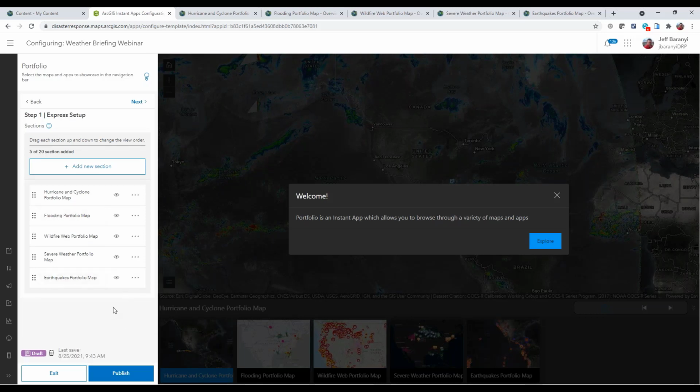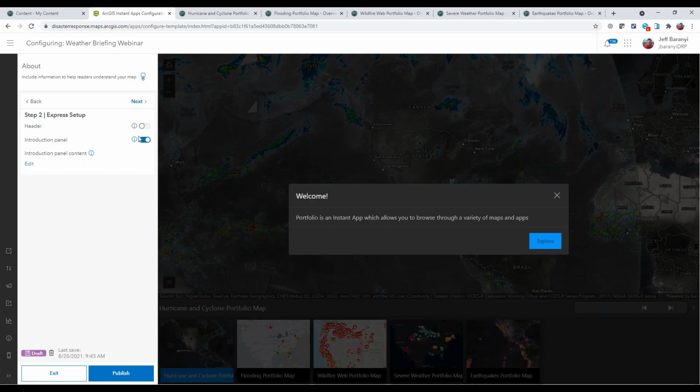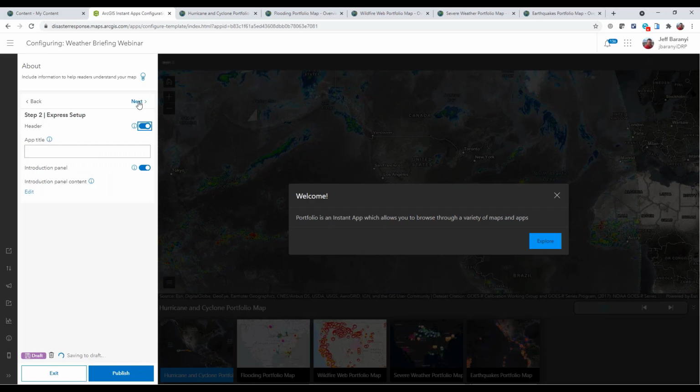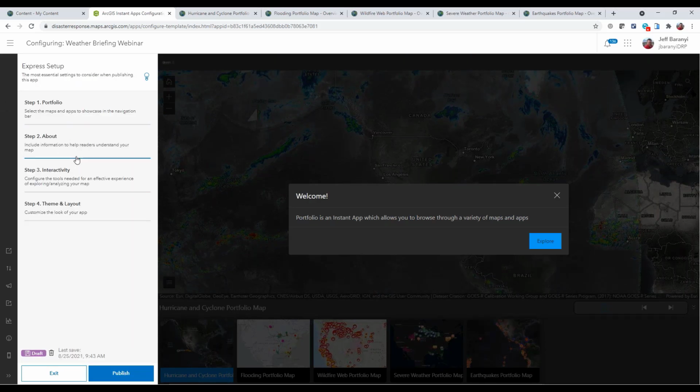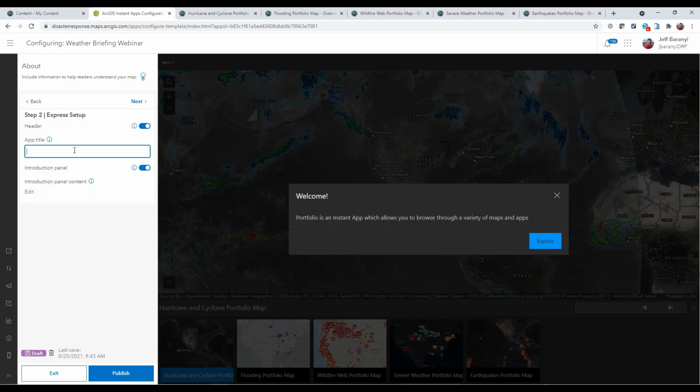Now notice a couple of other items of functionality have been exposed. There's an option for a splash screen, as you have here. They've recently added in the ability to have a cover page, so those are options for you to allow your audience to have access to this content. We can decide if we want to include a header or not, or there's a couple of different knobs and dials to turn here as a part of the process.